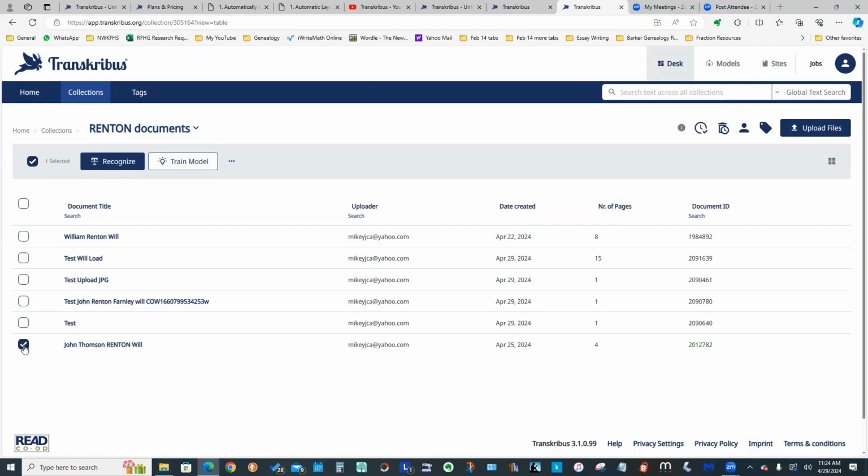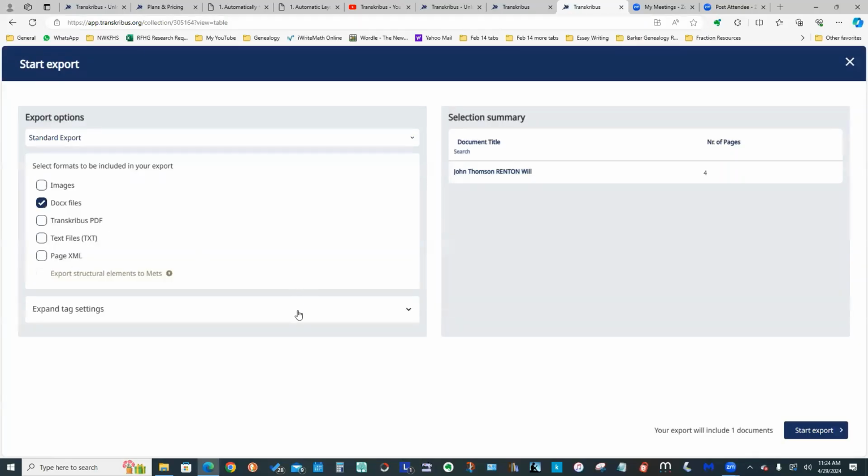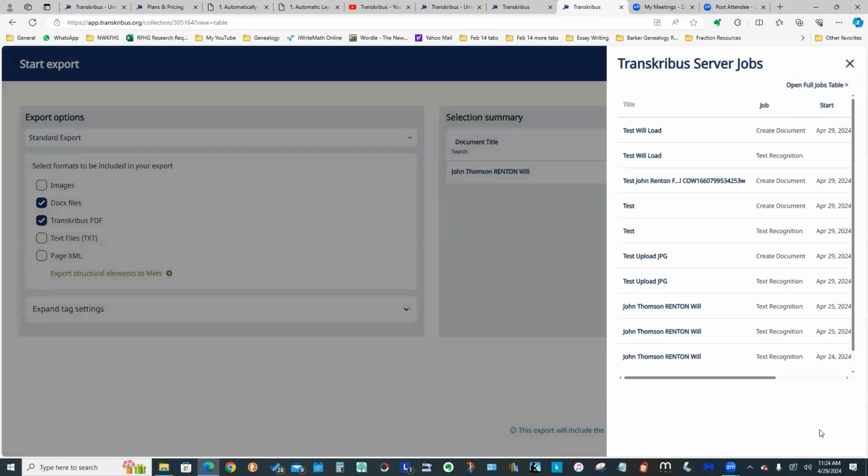So I select the document, and if I go to these 3 little dots, there's an export option. And I have all kinds of options, and I'm going, okay, a doc file would be a really nice thing to be able to do. And I also want the Transkribus PDF. So if I now click at the bottom right, it says Start Export. If I click that,